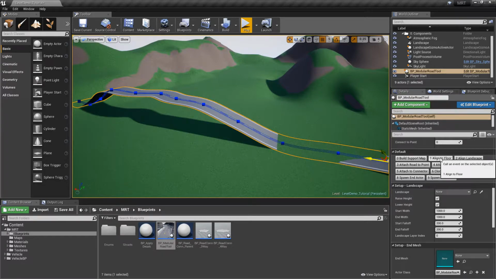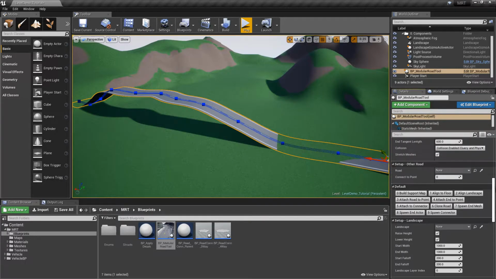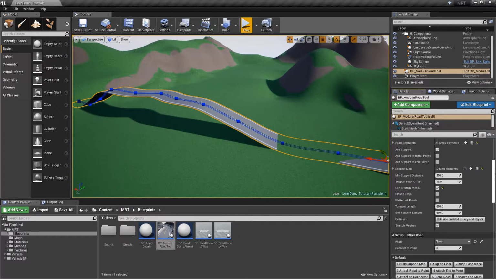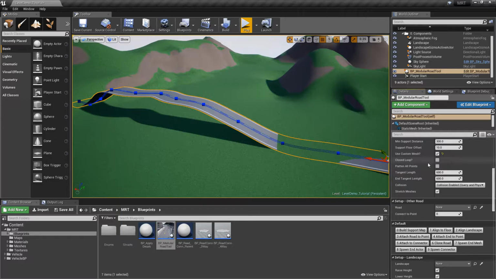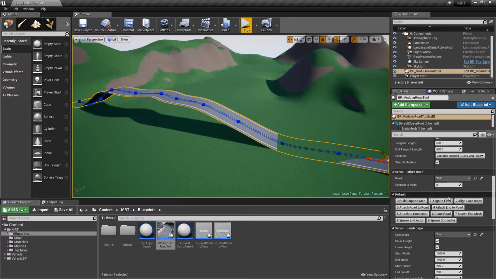And this is as simple as it sounds, right? If you click here, it'll automatically do a trace on every single spline point and try to align itself to the floor. And that doesn't have to be just a landscape. It can be pretty much anything, any static mesh. You also have an option here saying flatten all points. And you'll see what happens, right? So if we click right now on align to floor,